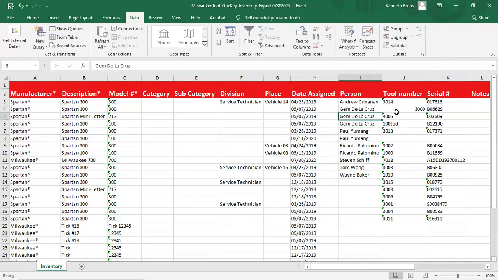He should have the Spartan 717 mini jetter assigned to him, and we know that because those were assigned the prefix 4, and he should have the one painted 5 on it. And we're still working out the numbering on this 100 system, but it's going to be the same system. It's going to be 1, 0, whatever machine,